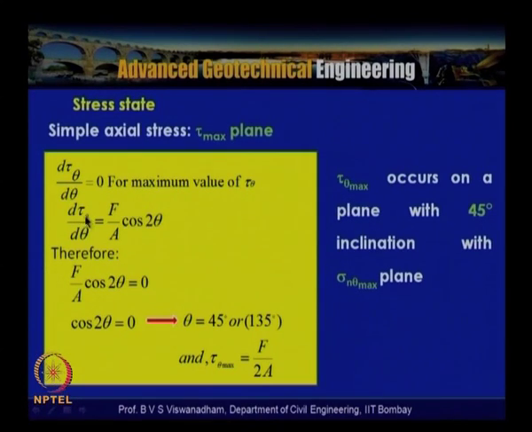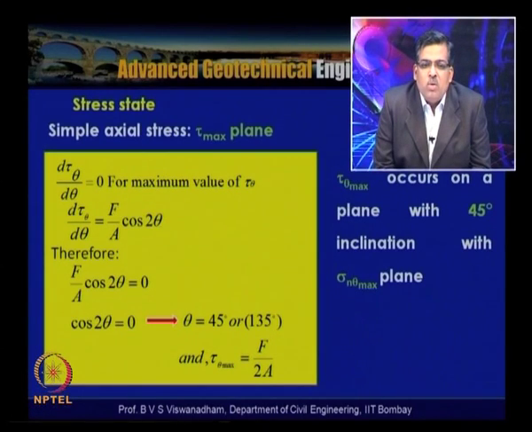We get d tau theta by d theta is equal to F by A cos 2 theta. For this to be 0, cos 2 theta is equal to 0, so theta is equal to 45 degrees or 135 degrees, and